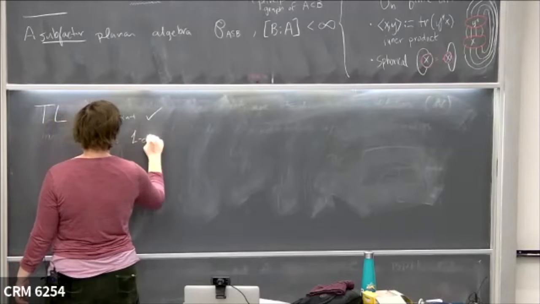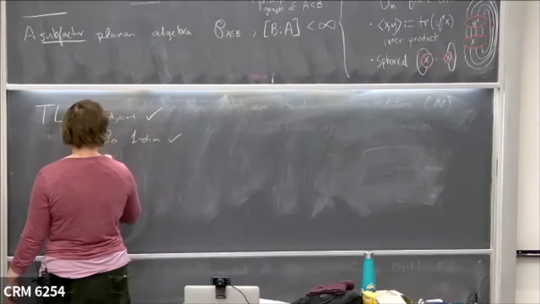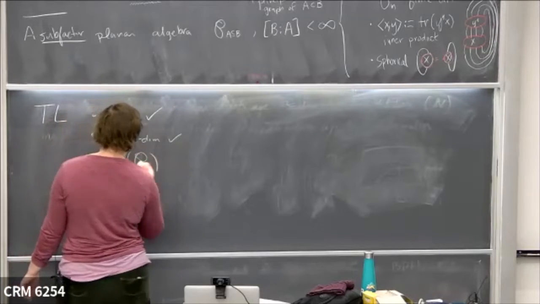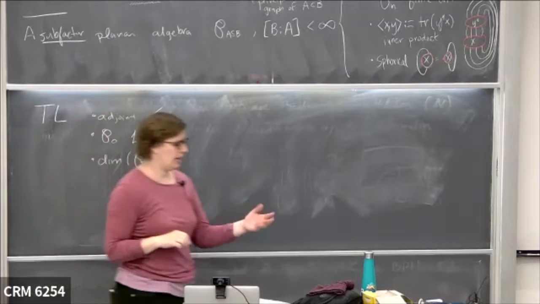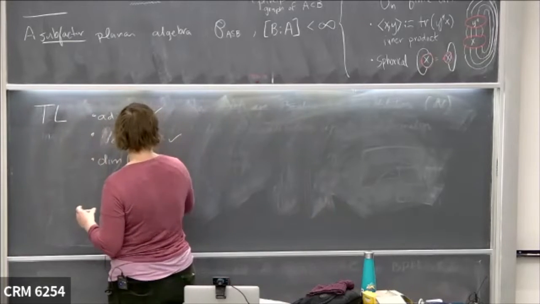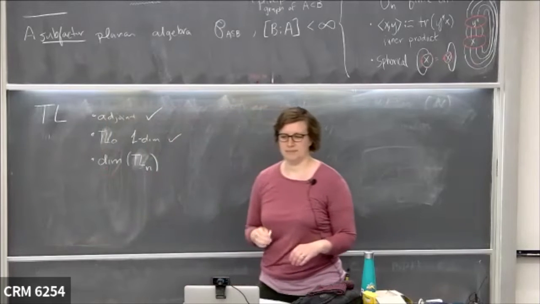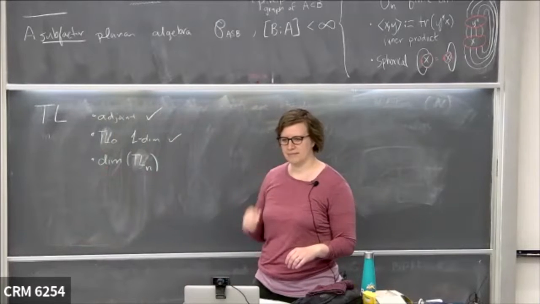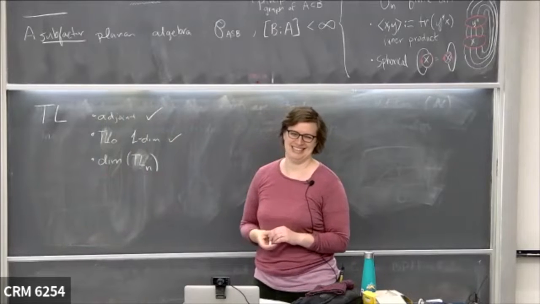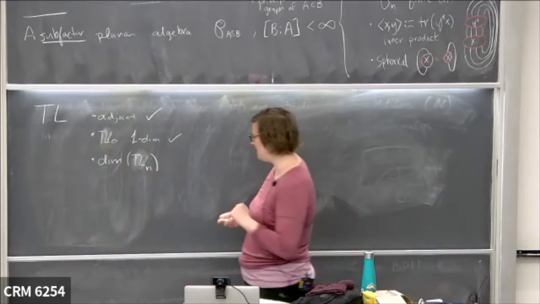P0 is one-dimensional, we're good. What is the dimension of the nth Temperley-Lieb algebra? Bad notation, I should be writing TL here. Depends on whether n is even or odd. Okay, good point. What if n is odd? Then it's 0. So if n is even,